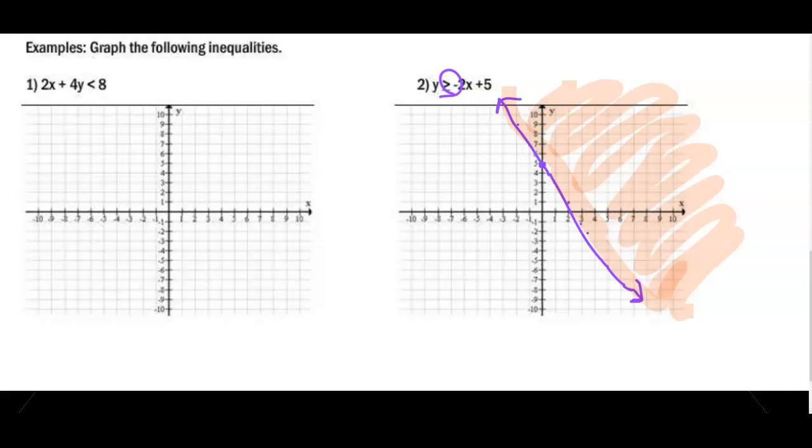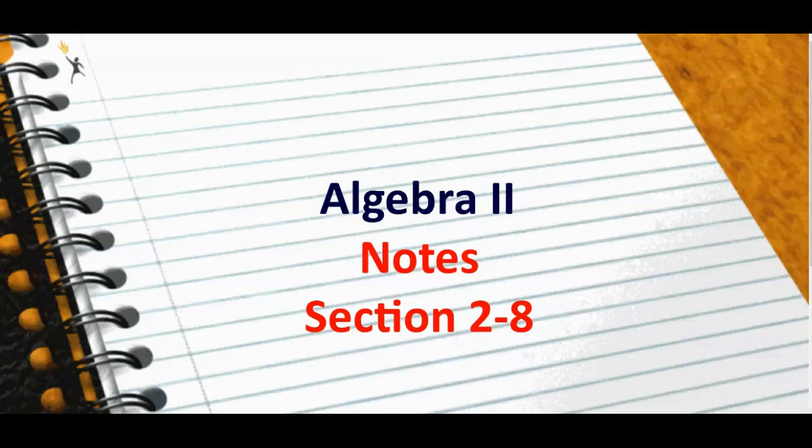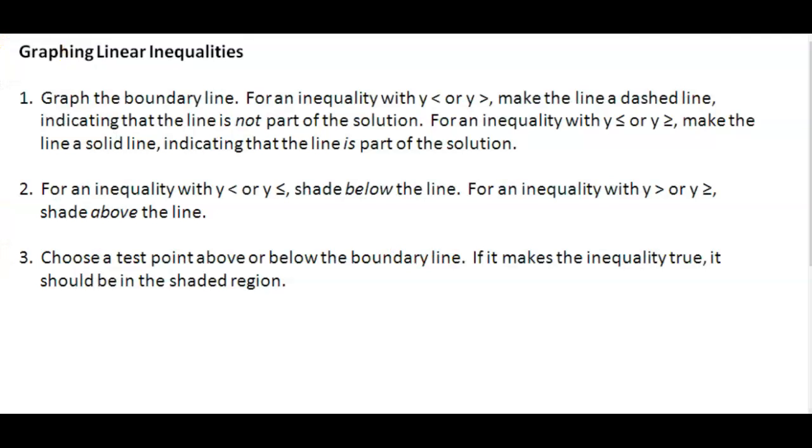Alright. Now, what we're going to do is turn past last night's homework, past the page we didn't do in the homework, and go to the next page. So it says 2-8, Graphing Linear Inequalities, Day 2. So again, if you weren't here yesterday, this little summary should be very helpful for you. The idea is that we are graphing linear inequalities. A linear inequality is basically a graph of a line, but now the solution region has expanded to the shaded area as well. So what you're going to do is graph the line itself,